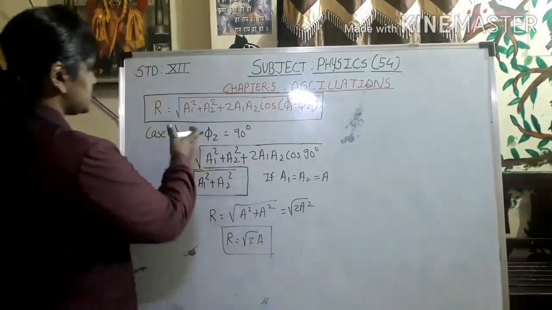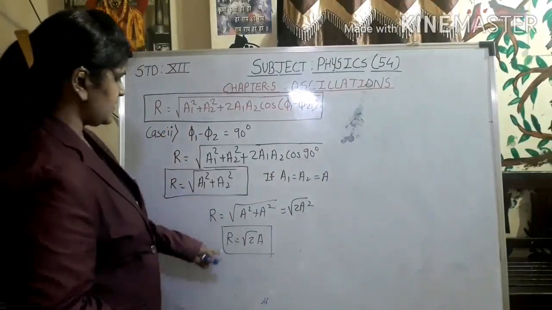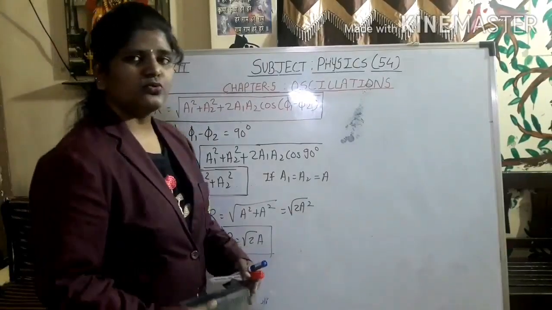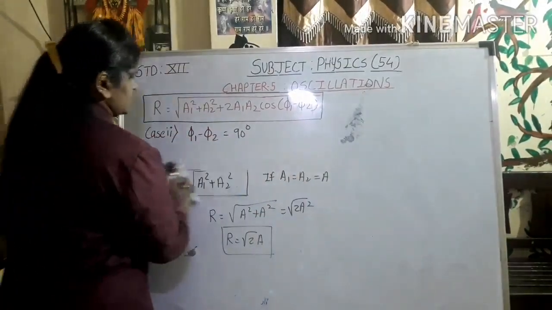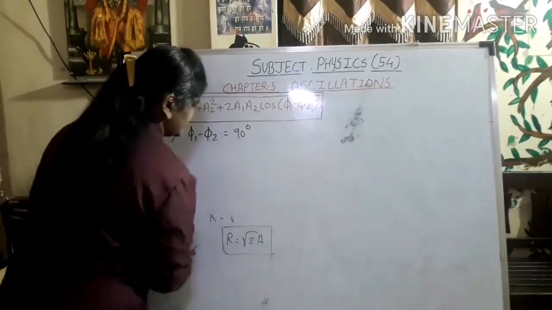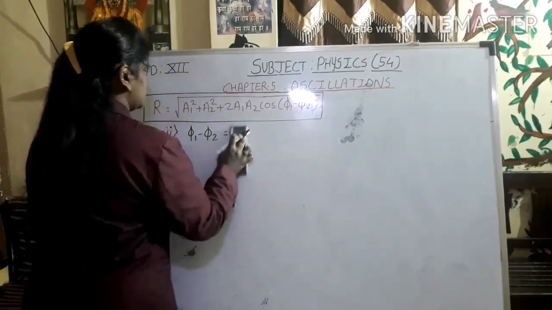Alright. So this is nothing but when they are out of phase. Then we are getting amplitude as root 2 of a. Now we'll see about 180 degree out of phase. Okay. So we'll see about case number 3,